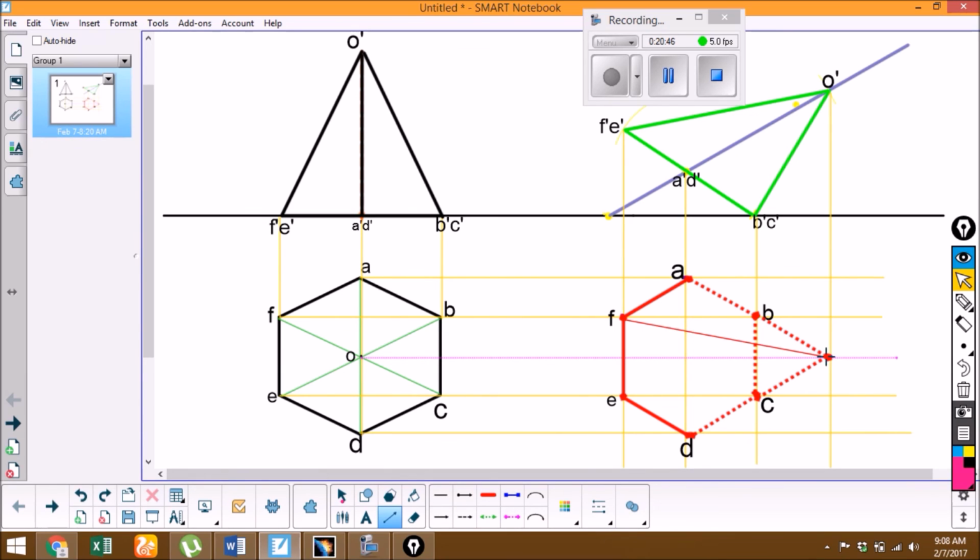F to O, and also E to O, and D to O, again A to O, and we need to draw the axis also from the center of this hexagon to the apex O. The center of this hexagon is located between A and D. From exactly this point, that is the center, from here to the apex O, we join by using